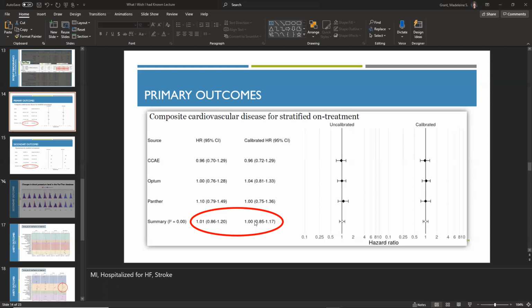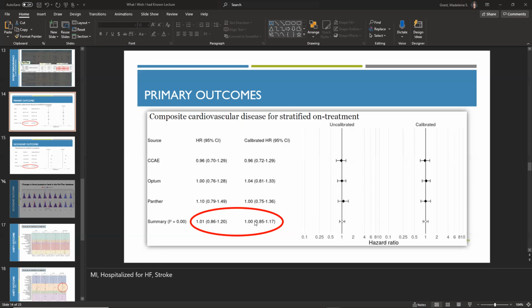Sometimes this works in our favor, because sometimes we're trying to show that they're equal, and sometimes we're trying to show that one drug is better than the other. So you really need to understand the objective of the study. Say we're looking at a non-inferiority trial, and you say, oh, there wasn't any difference between the 2 groups, so the study drug is not good. That's not true. What we're trying to show in a non-inferiority trial is that the study drug isn't worse than the control drug, or our standard of practice drug. So you need to understand what the objective of the study is, and you need to understand what hazard ratio